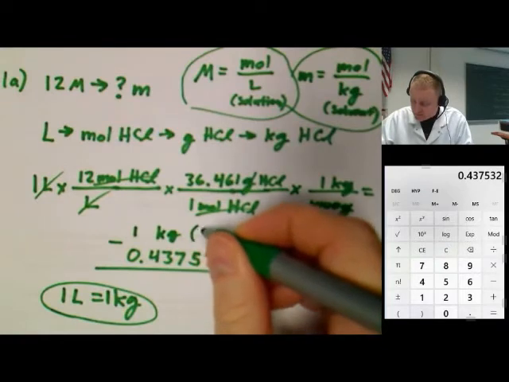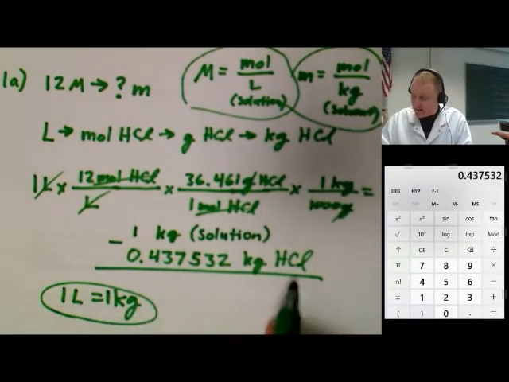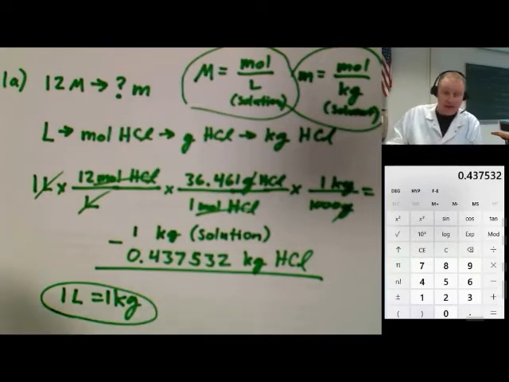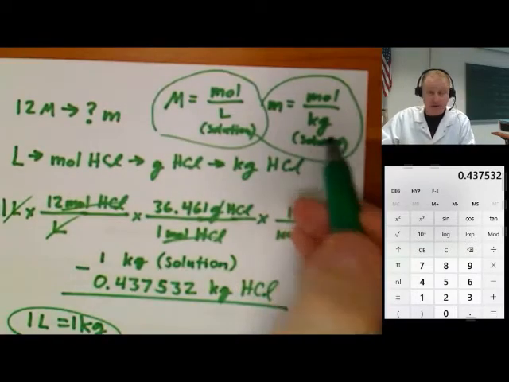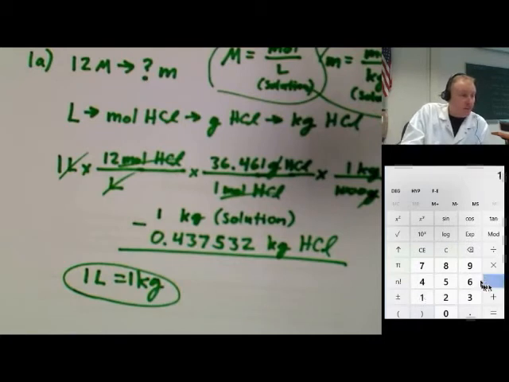So this is my solution, 1 kilogram. I'm going to subtract that hydrogen chloride from it. What will be left of my answer will be the kilograms of water, or my kilograms of solvent. And that is important because that's what molality is, kilograms of the solvent. So let's subtract that. 1 minus